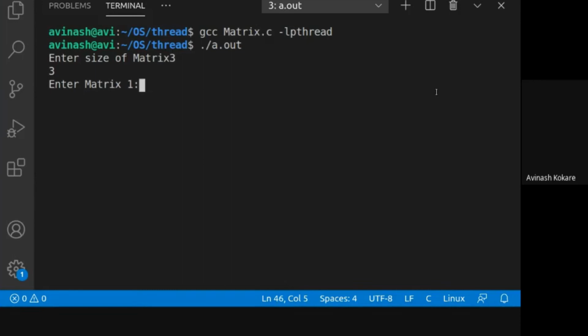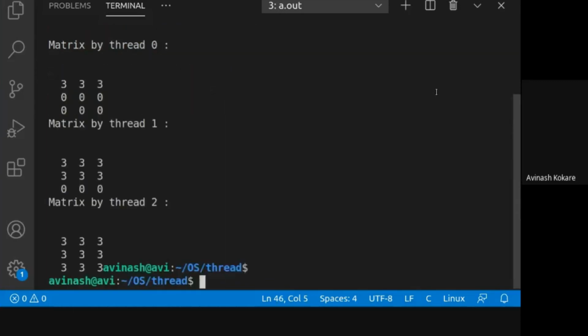Matrix elements: 1, 2, 3, 4, 5, 6, 7, 8, 9. Number of threads we will take as 3. Now we will observe the change in the output.